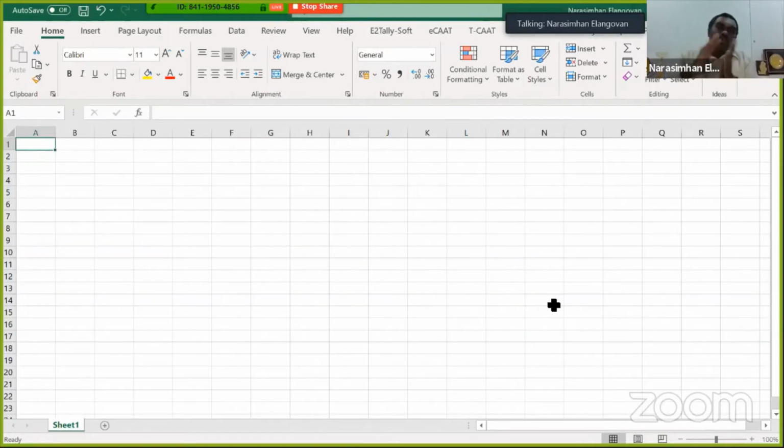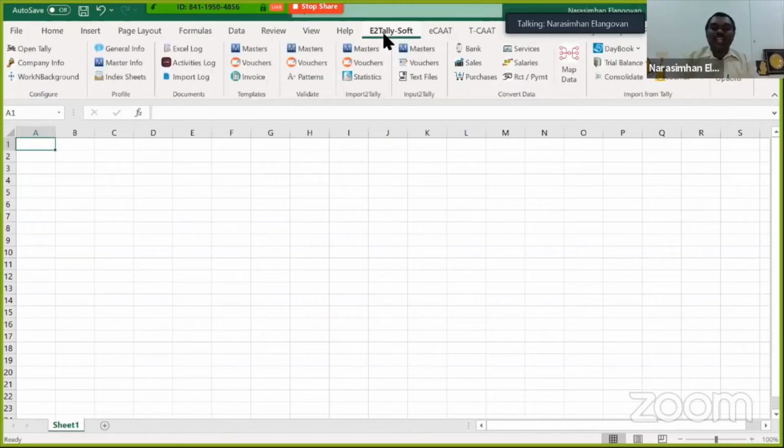Then what we will do, we will import the chart of accounts into Tally. The moment we import the chart of accounts, it brings all our clients to have some sort of a consistent pattern. Step number one. Step number two, what we can do after this is, can I bring in a system where my entire bank statement I can import into Tally? That is possible. Can I import my entire sales into Tally? Possible. Can I import my entire payroll file into Tally? Again, possible. And for that, we use an add-on called E2Tally Soft.